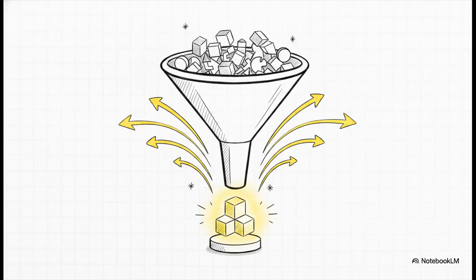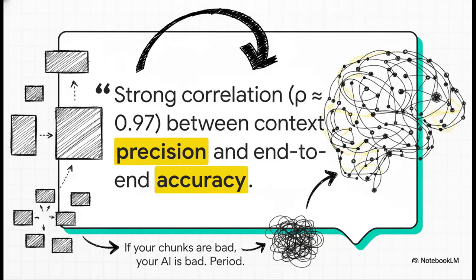Now, if you don't want to tweak those sliders manually, this tool completely eliminates the guesswork. The built-in optimizer will automatically sweep through up to 140 different size and overlap combinations in parallel. It tests them all against your queries and just hands you the math-backed winner. Once it finds the perfect strategy, you can export that optimal configuration directly into LangChain or LlamaIndex format with just one click.